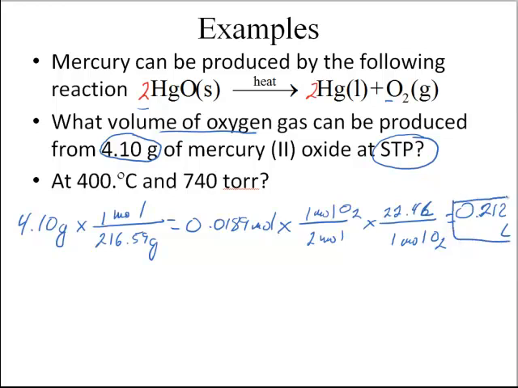Not too bad, a little blast from the past. Let's try the same problem, though, under a little bit different conditions. So now it's not at STP, and so we're going to go ahead and use PV=nRT. Now, everything to this point is the same. For example, I still have to find moles, and I still have to do a mole ratio. However, at this point, I didn't show it. In my calculator, I would get